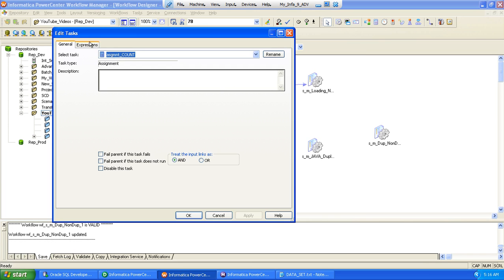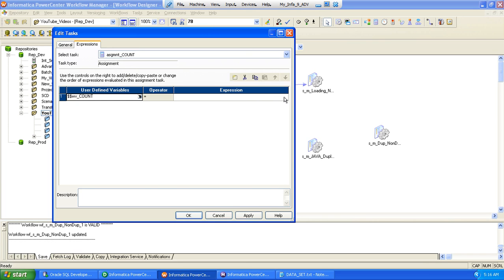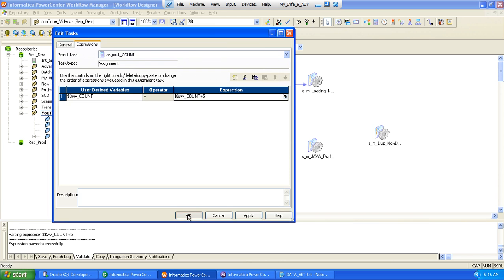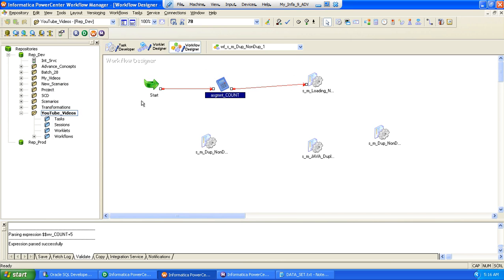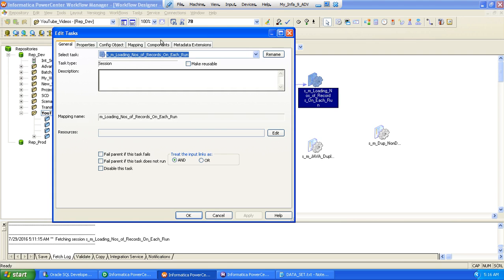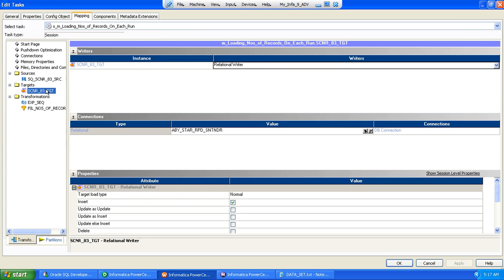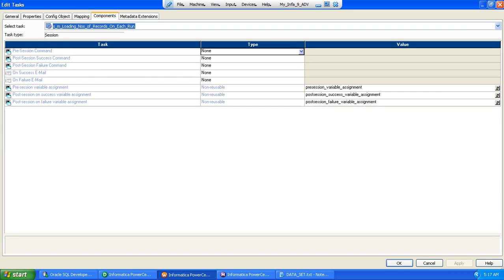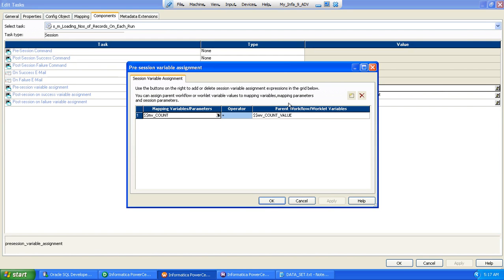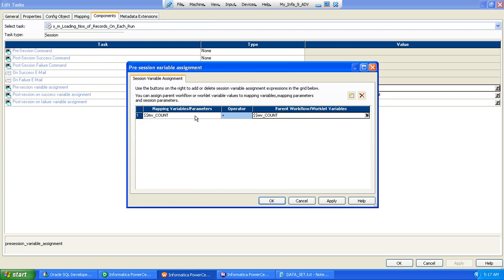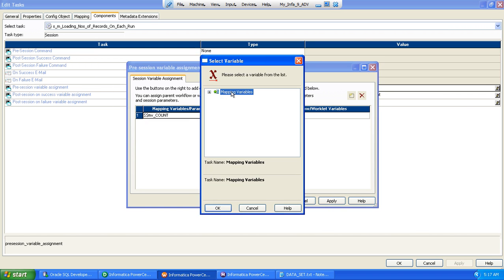Let's come over here, go to the expression tab, and let's increment that. For the first time, this will have a value of 0, 0 plus 5. So first 5 records. These 5 records need to be passed to my mapping. So I'll come over here and check my source and target connections. Yes, they are in place. I need to pass those 5 counts, so I'll do a pre-session variable assignment. So this is the thing, and I would be passing this to